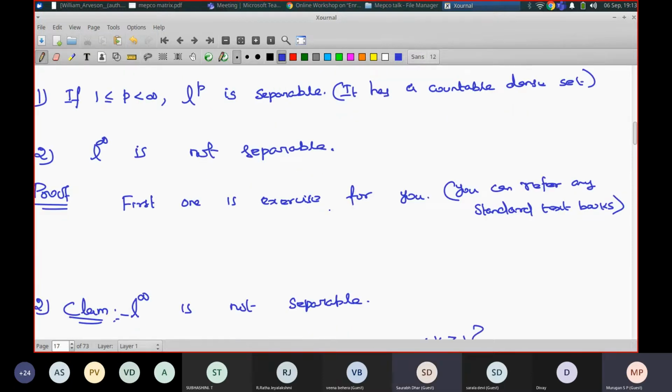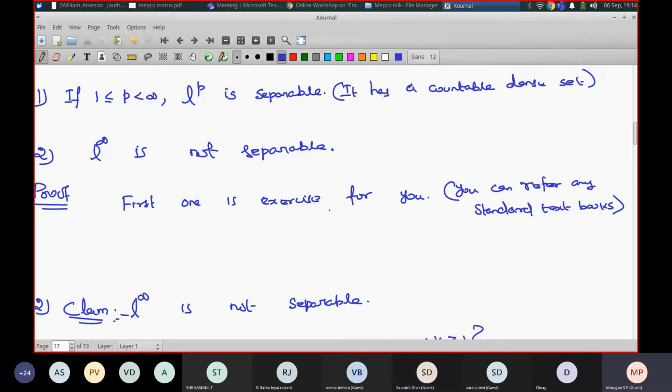Okay. I think we can use e1, e2, e_n's as a basis, so they are countable and a dense set, so that's why it is separable. Okay, but it is countable. Why is it dense? It is not dense, no? Yes, sir, because the sequence with root 2 will not be in it. Yeah, that's a contradiction. Yeah.